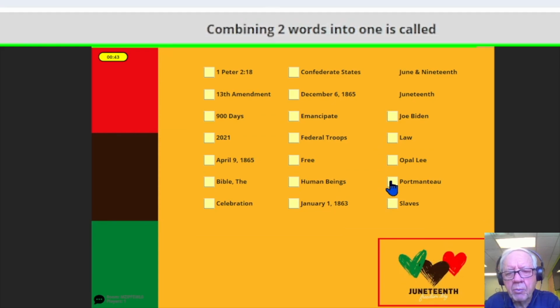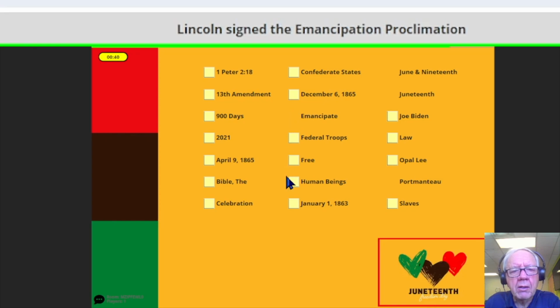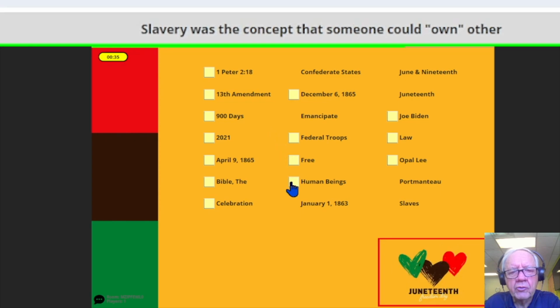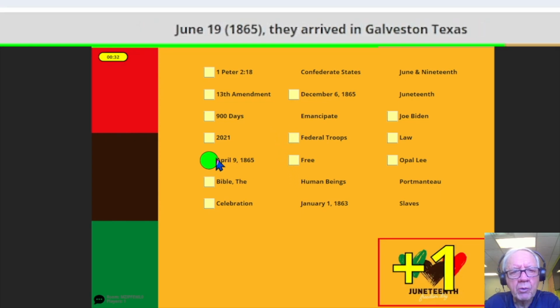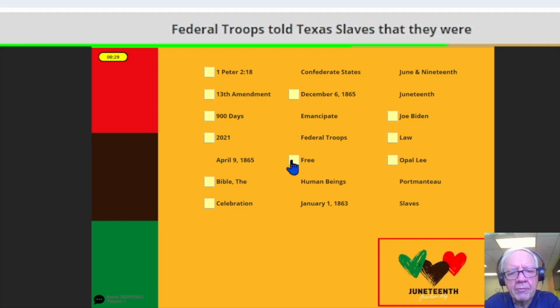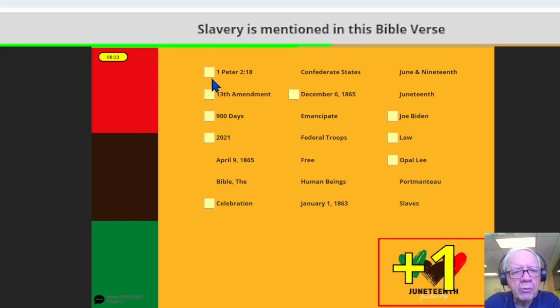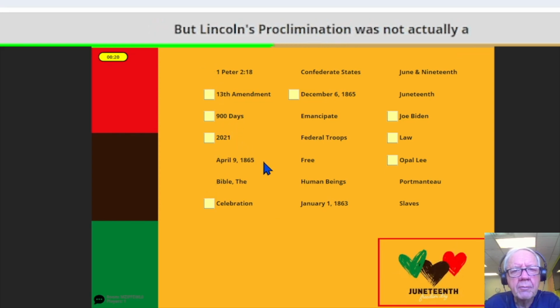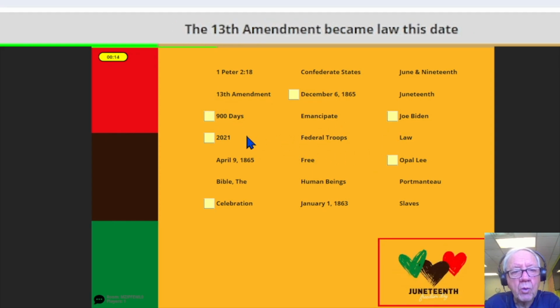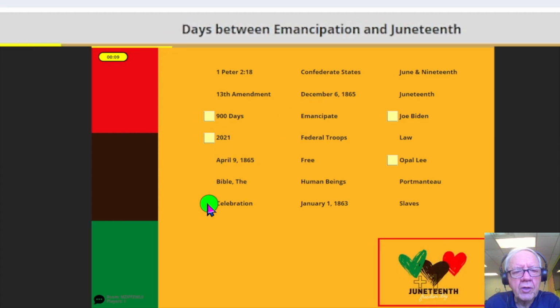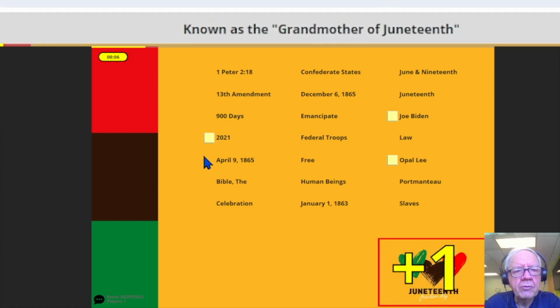Juneteenth, June and 19th, portmanteau, emancipate, January 1st. The purpose was to free the slaves. It only applied to Confederate states. Someone could own a human being. The war ended on April 9th. Federal troops went into Galveston to tell the slaves, former slaves, they were free. And many believe that the Bible condones slavery, as in 1 Peter 2:18. But it was not actually a law. This made it illegal nationwide. The 13th Amendment became law on December 6th, recognized as a time of celebration, 900 days, and it was made a federal holiday in 2021